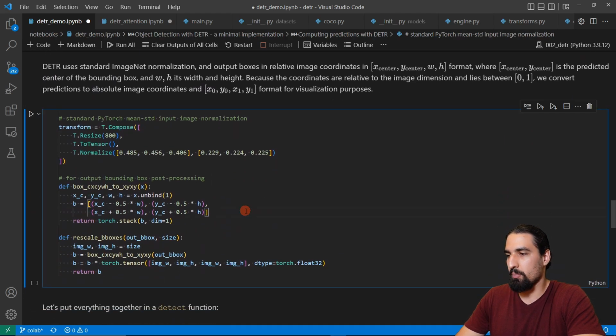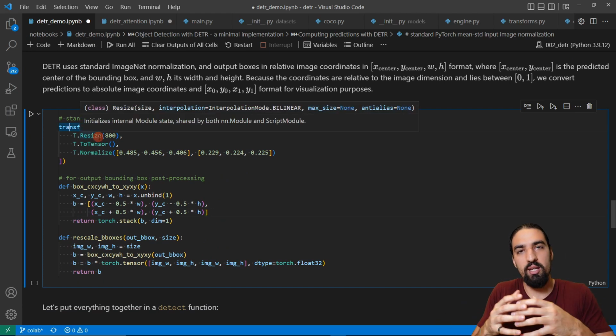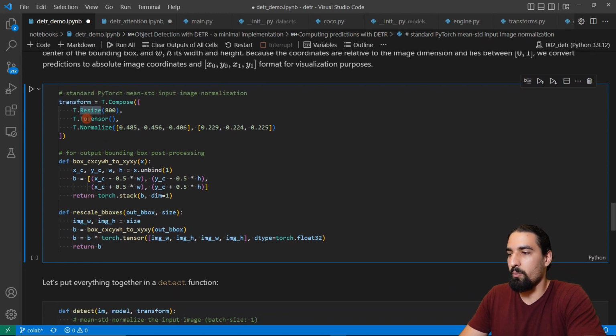Okay, here are some helper functions. This one helps us do some processing of the input images. We do a resize operation. Then we convert the images into PyTorch tensors, and then we do ImageNet normalization. So these are statistics calculated from the actual ImageNet dataset. This is going to be the mean, and this is going to be the standard deviation calculated over